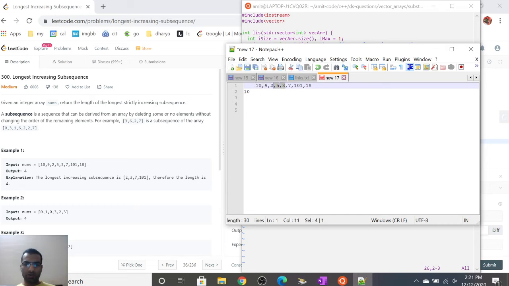Then the other subsequences will be 10 and 101, and then 10, 101 and 18.